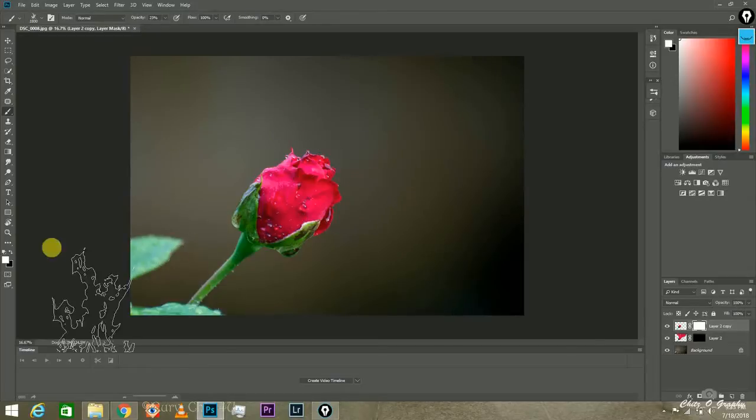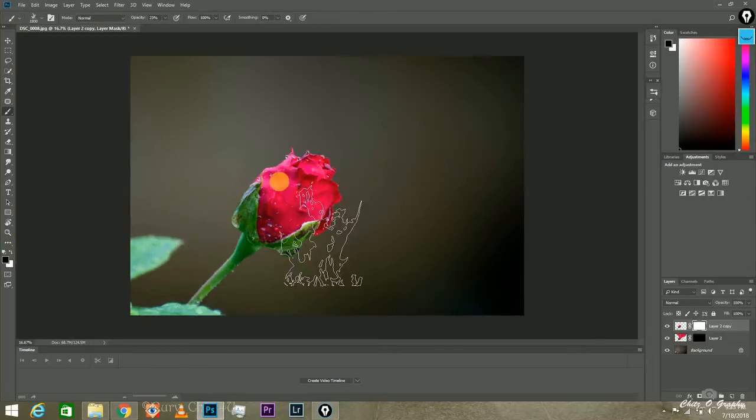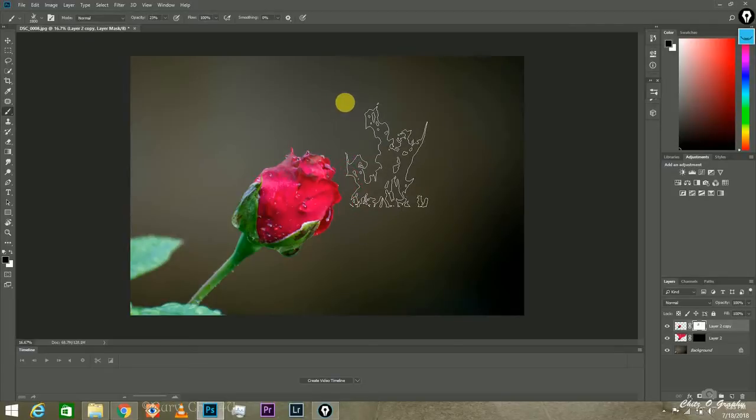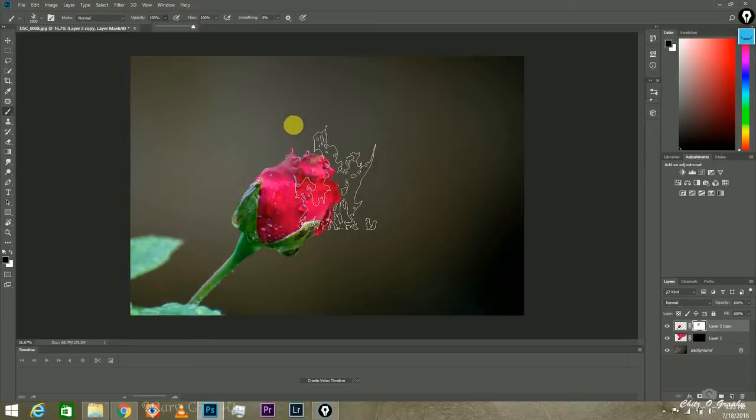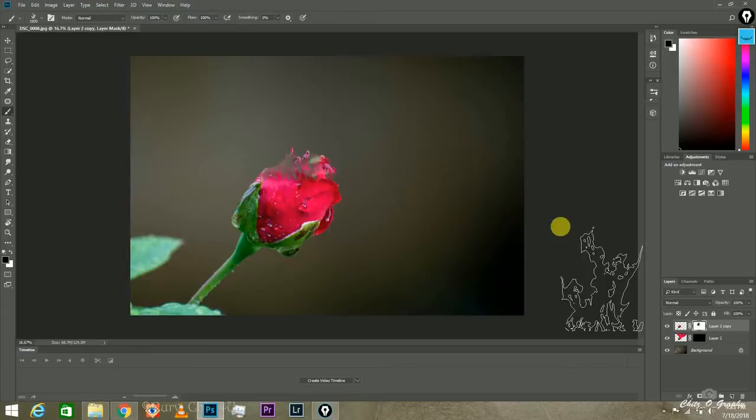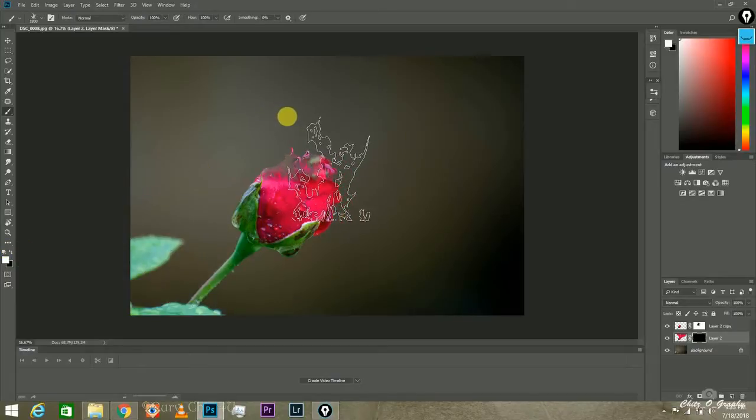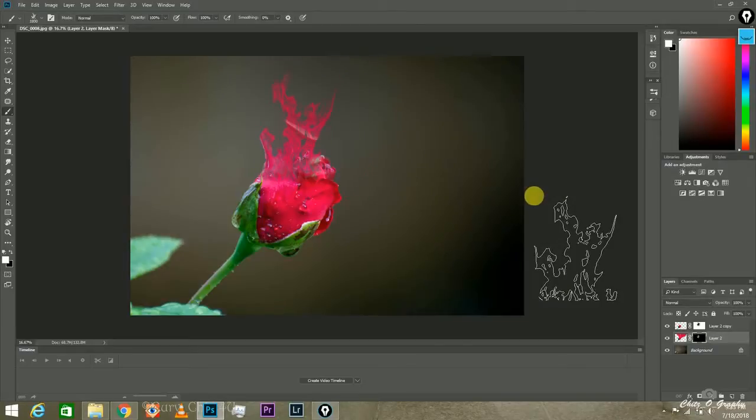Make sure that you apply on layer 2 copy. You have to apply on layer 2 copy. After that you have to select layer 2, but first we have to apply on layer 2 copy. We have to arrange some part of the upper flower. And now after selecting layer 2, you are ready to apply the brush.